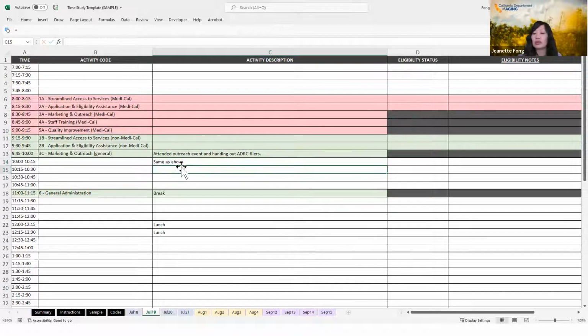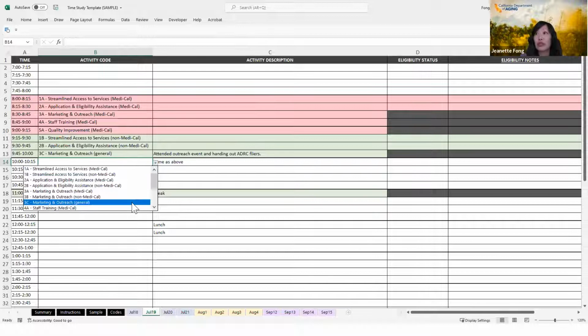You can also do those little quotation marks over and over again, depending on how long you did the activity, or if you're working with one client for an hour, you don't have to type it over again, but you do need to put that same code over and over again.